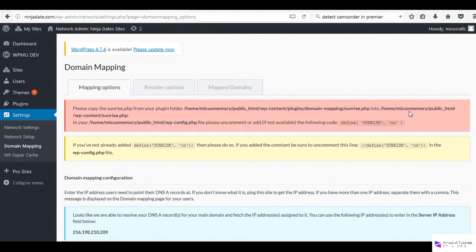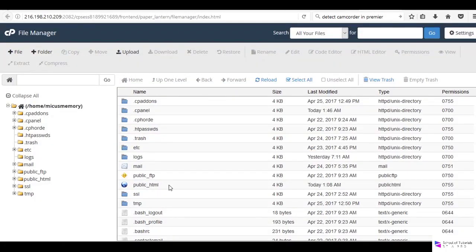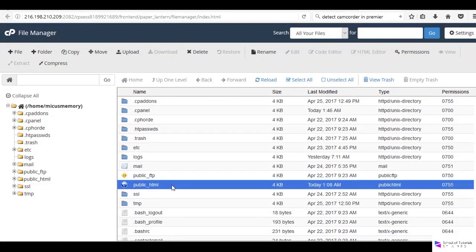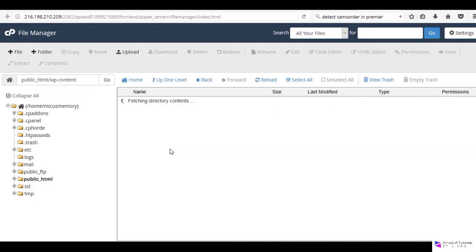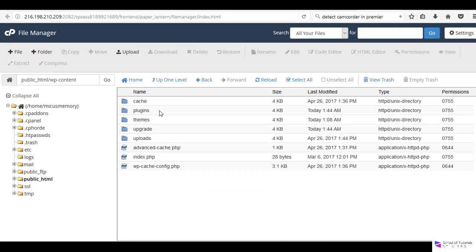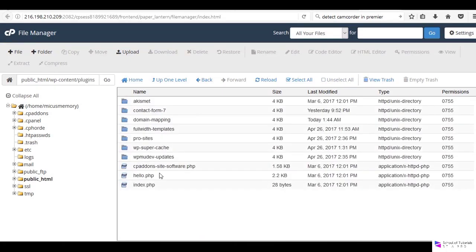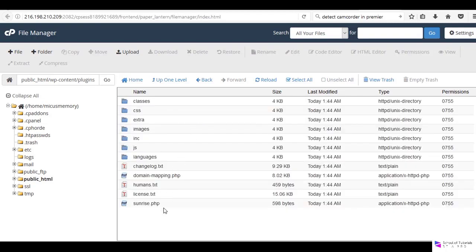So this is how we're going to do this. We're going to go to public HTML, content, plugins, and domain mapping, Sunrise. We're going to copy,